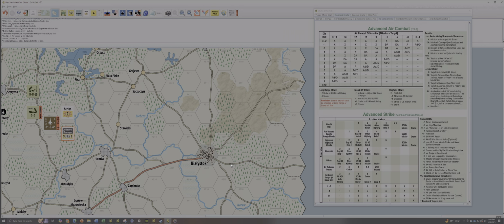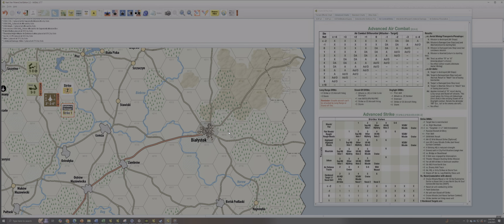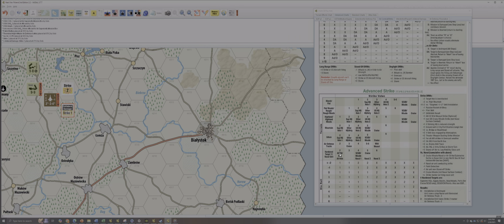Okay, so we have the strike chart. And again, almost all strikes are going to end up being conducted by understanding this chart. Now again, you won't be rolling on the chart, this is part of the adjudication, but to understand what we're looking for. So we want to know the terrain, what we're doing the strike with, and then we're going to index that with what the value of the strike is. So for example, if it is a strike value of 2, or if it's a